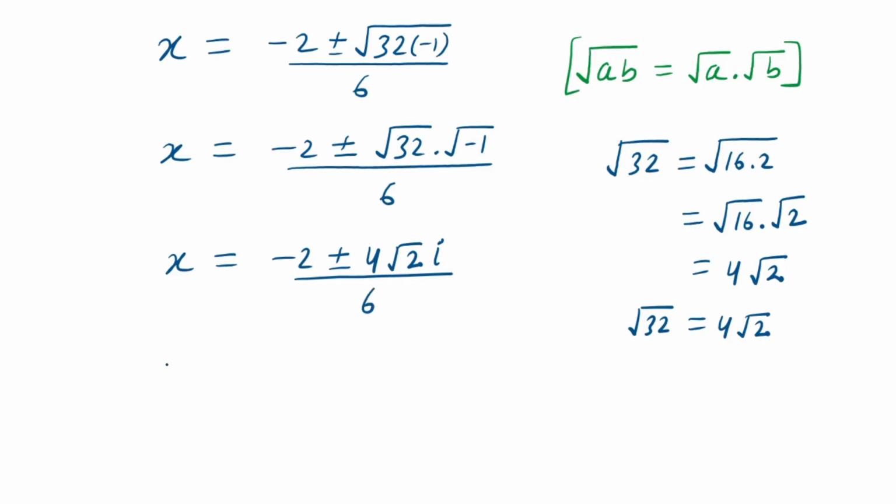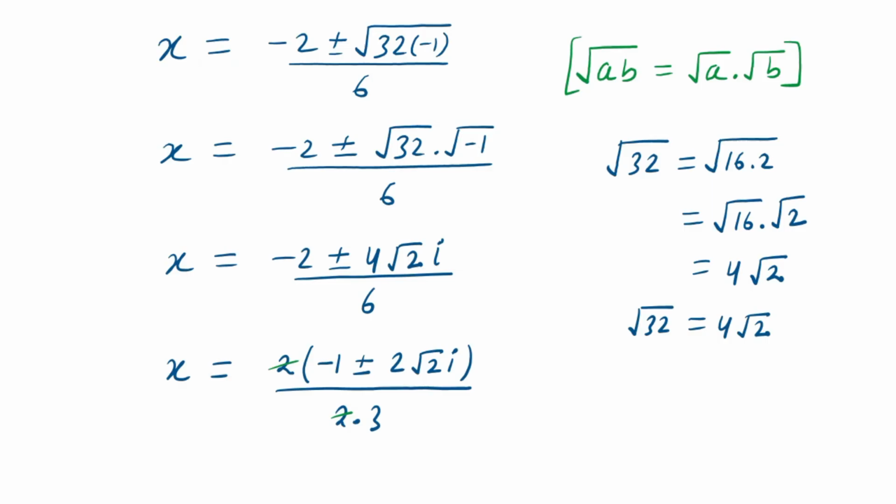Now x is equal to, look carefully, in the numerator 2 is a common factor. Minus 2 divided by 2 gives minus 1, plus minus 4 times square root of 2 iota divided by 2 gives 2 times square root of 2 times iota, over. We can write this 6 as a product of 2 times 3. Then this 2 and this 2 cancel out. Then the value of x is equal to minus 1 plus minus 2 times square root of 2